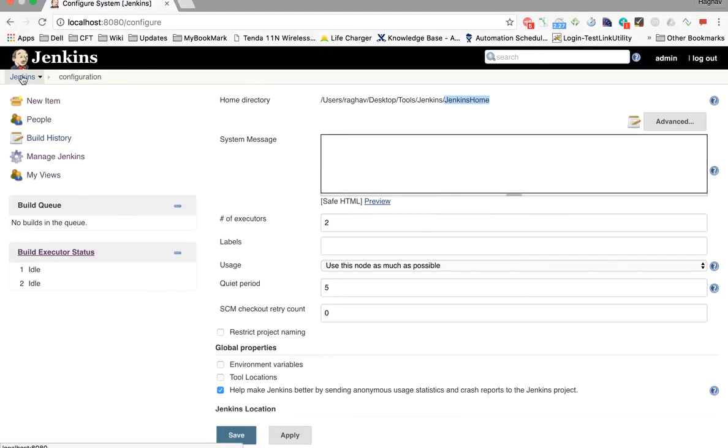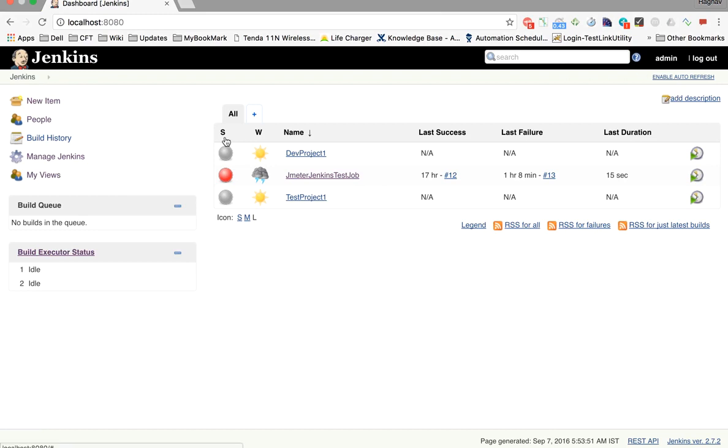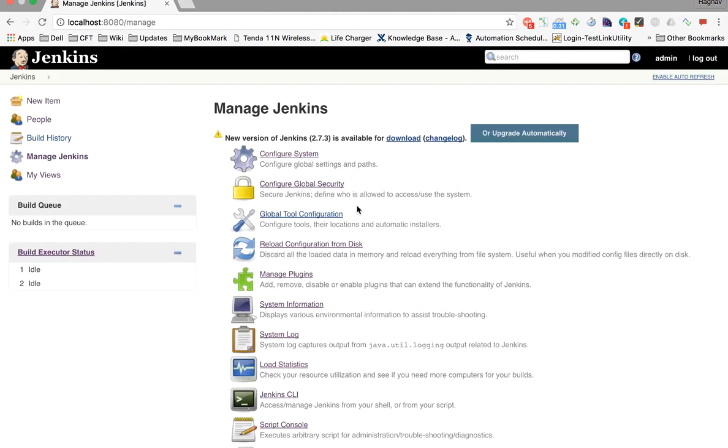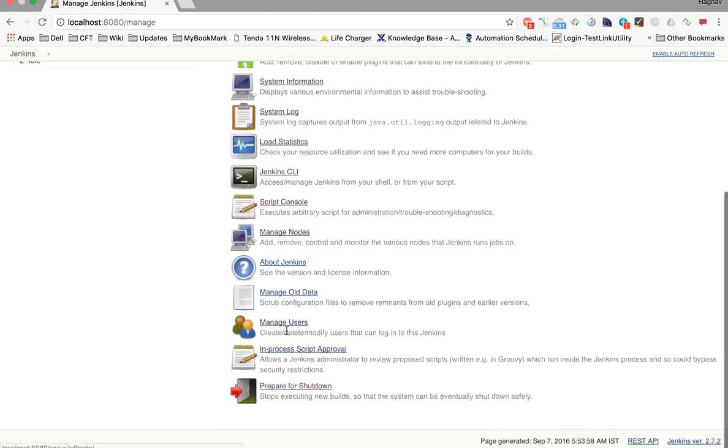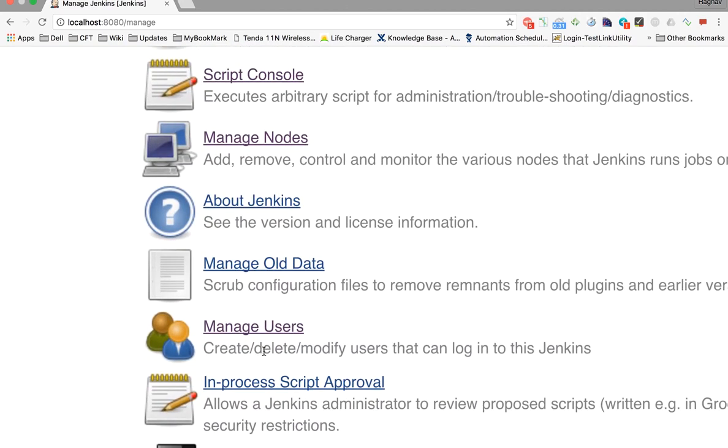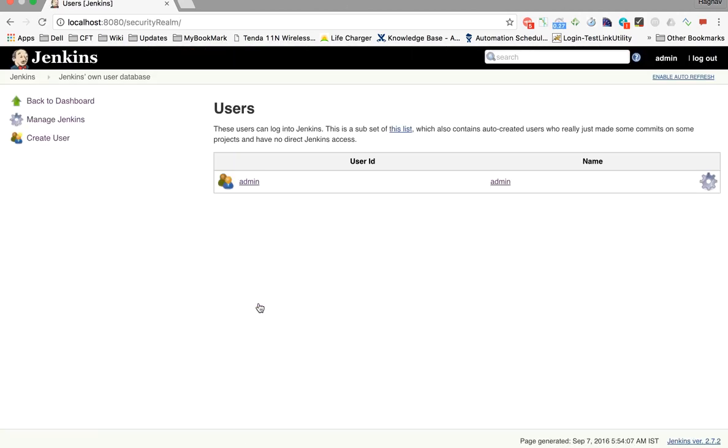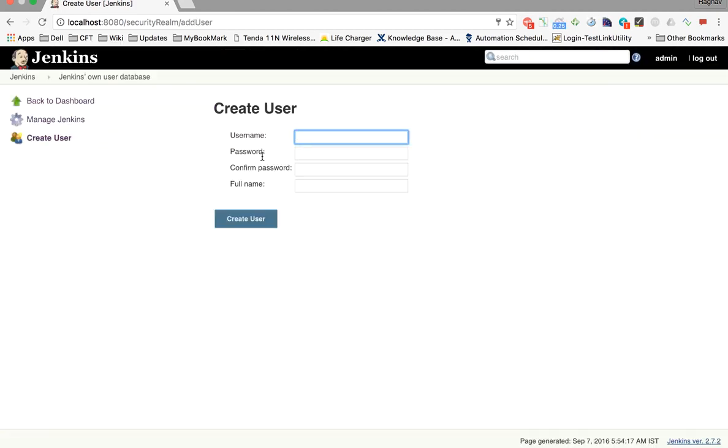and you can log in with your admin password. Okay, now if you want to create new users in Jenkins, you will have to go to manage Jenkins and then go down, and you can see manage users. Okay, click here and you can see as of now we have only one user, and which is the admin user. So you can go to create user, and now you can give a username. So let me give a username as user1. You can set some password, and you will have to retype your password, and you can give some name. So you can create the user.